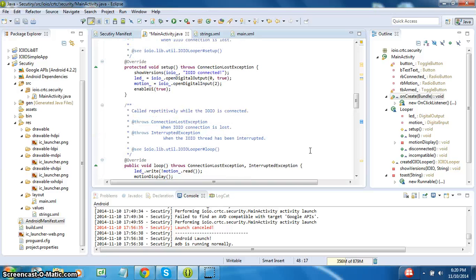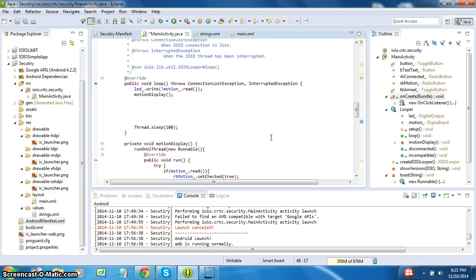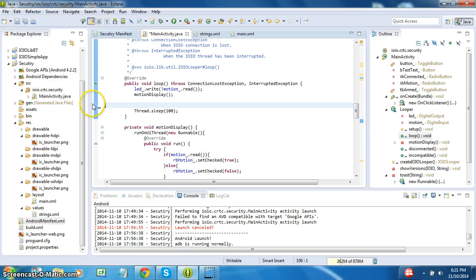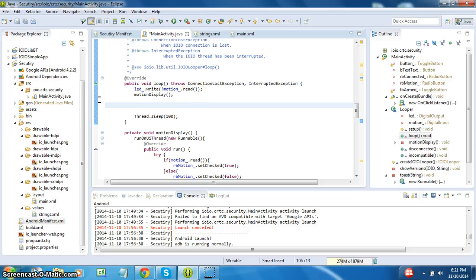So what this toggle button does is, if it is armed and there is motion, it will send a text. So we're going to go down into our loop function, which contains 3 lines right now. And we need to add some logic. Our logic will be: if the toggle button is armed, then send a text. So if toggle button armed underscore double equals, which is a comparison,